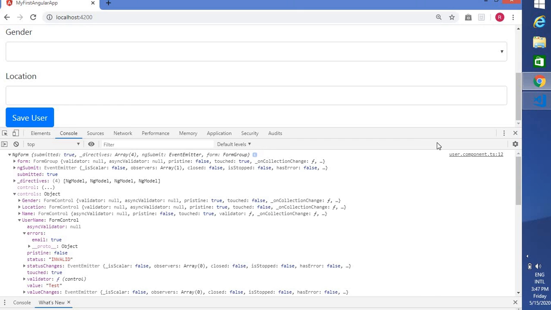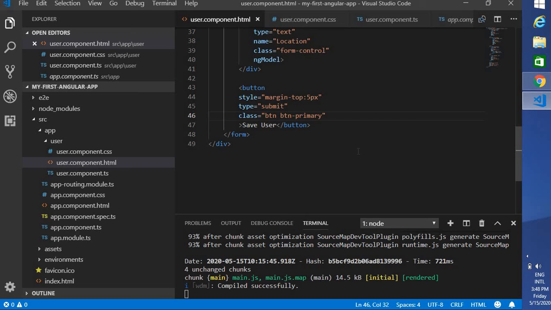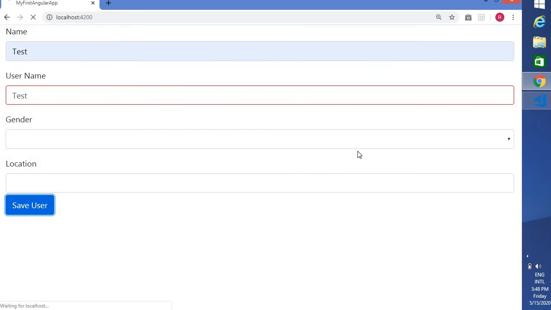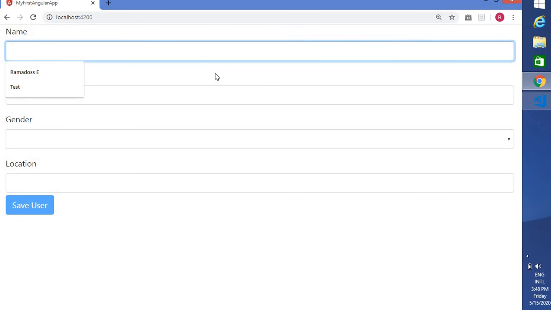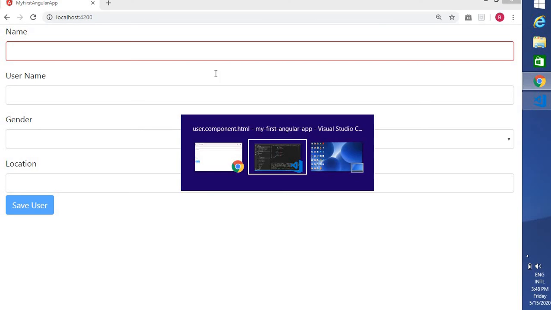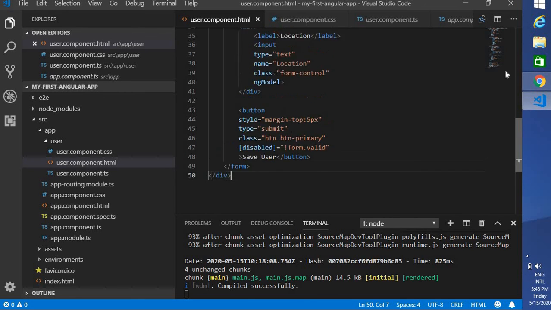So what I'm going to do now, let me go to our application, let me go back, and let me save it. Right now I'm applying only a control here. If I touch it, it shows the form control with a red color border. Now what I'm thinking is I want to show you a validation message. If you want to show a validation message, how can we show it? So right now let's do it for the name field only. How can we do it? Let's go here.